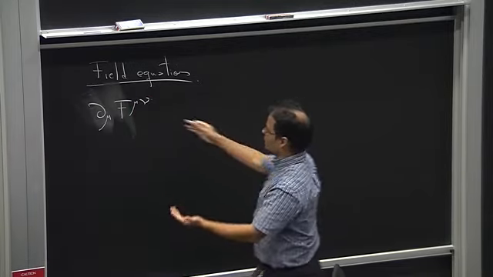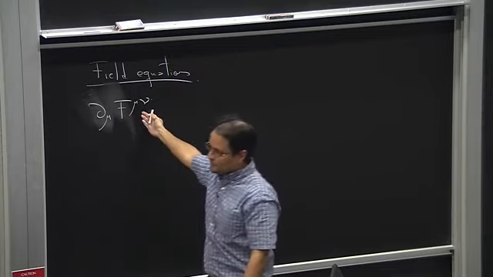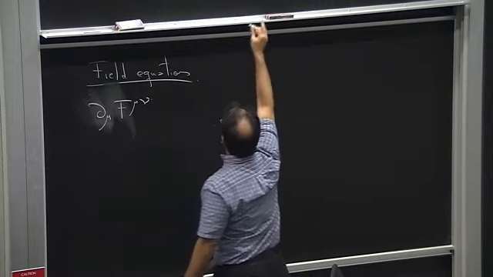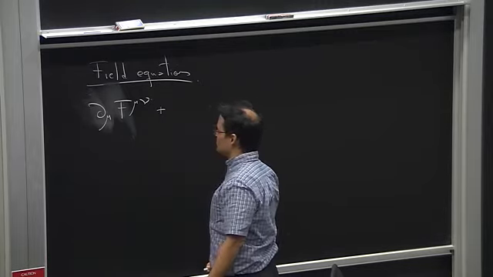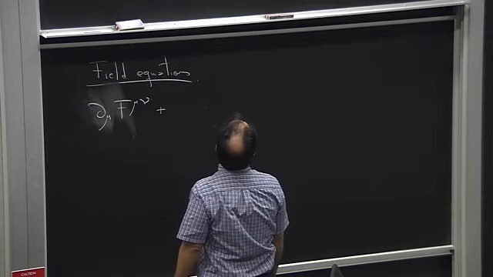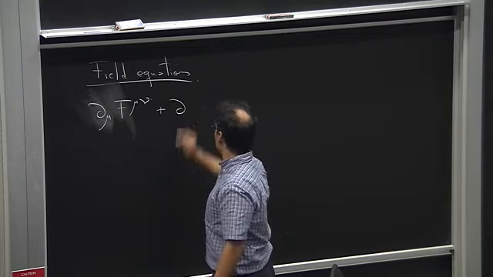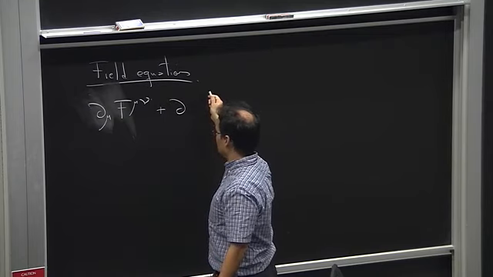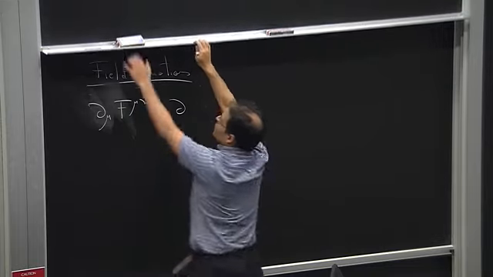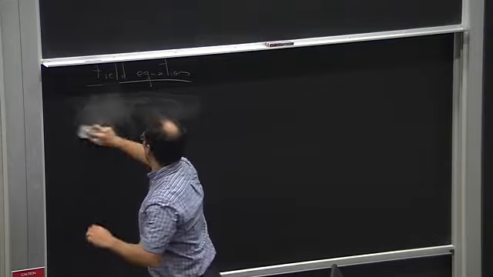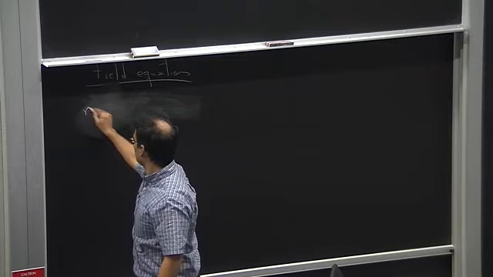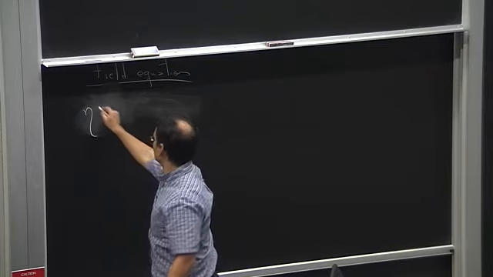When we do the variations of the first term, we get back the term that you got in the first tutorial, right? Now, when you do the variation of the second term, what is it going to look like? It's going to look like eta. We could calculate it. Let me write it in the form that we have over there, because it's going to be more useful. So if we have the field equations in this form,